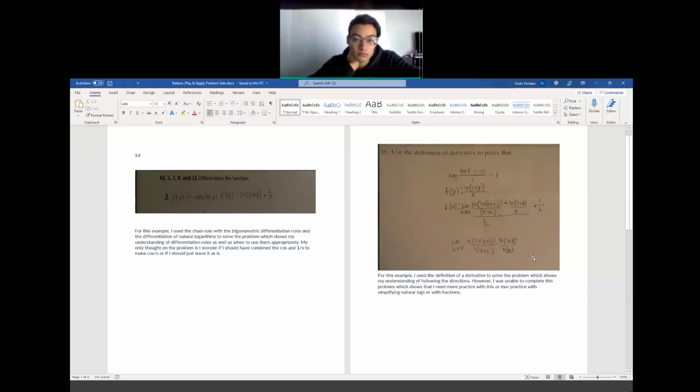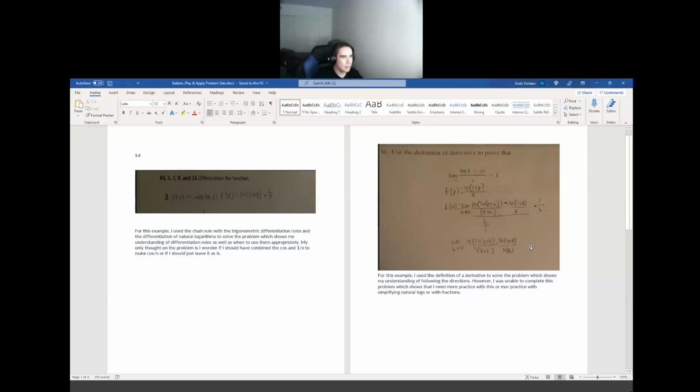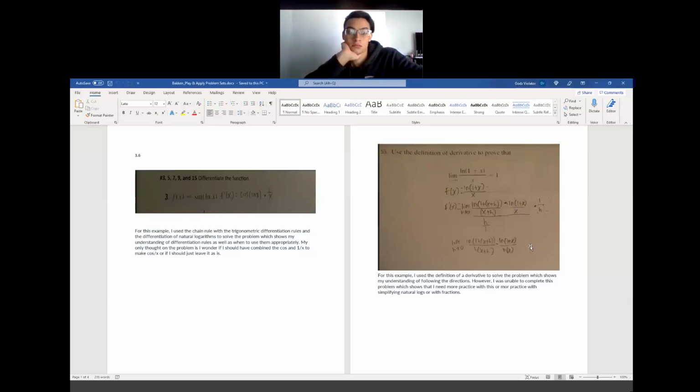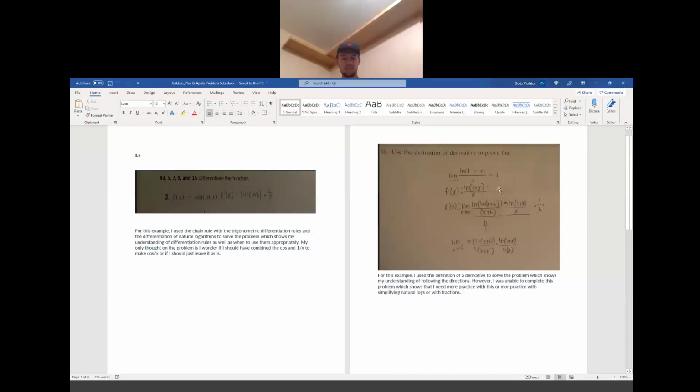For my apply on 3.5, like I said, I don't have it. I wrote everything down, so my attempted work isn't even here. I can't even share it if I could. What I did was I just got stuck on the first part of the one that you guys did, the Bessel function. I couldn't even think of just plugging in the j of x for the y's. I just didn't even know what to do there. But I attempted